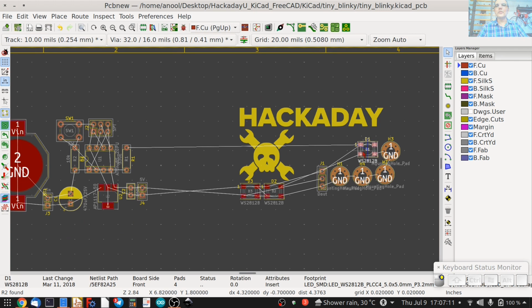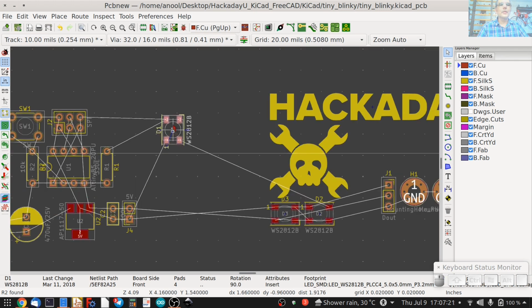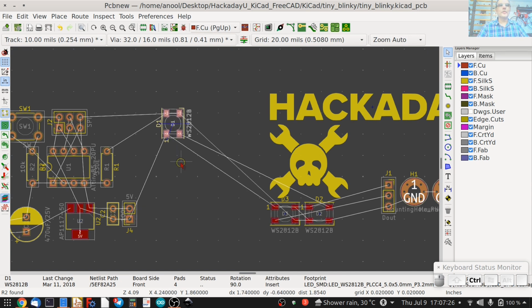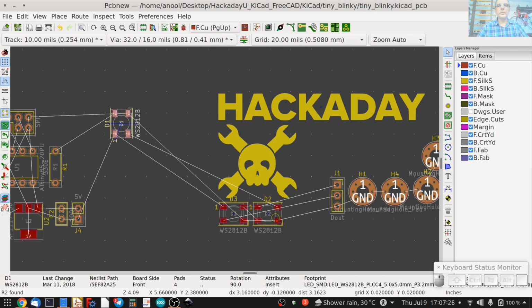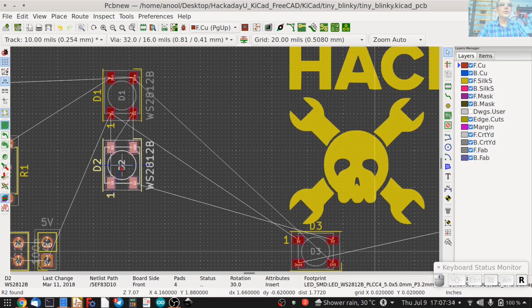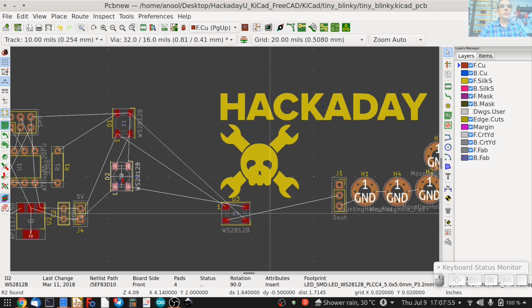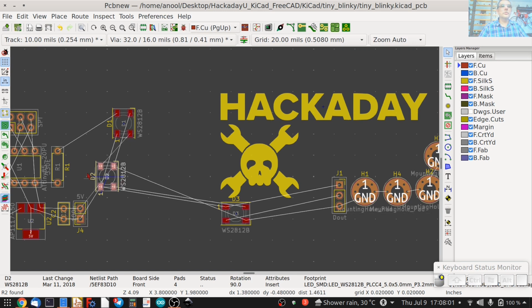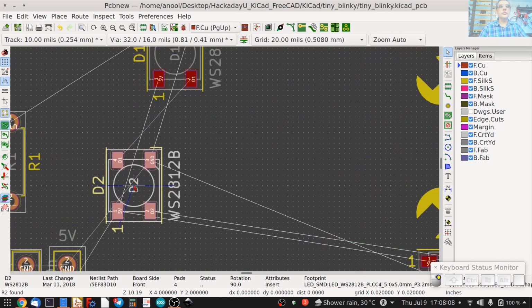So we start with D1, select D1 once, click M to move it, rotate it once, 90 degrees like so, and just leave it here. We'll have to move this again to fine tune its placement. Let's choose D2, click on it once, M to move it, rotate so it lines up with D1, and that's Y equals 2. Move this in like so. There goes. Press spacebar here.